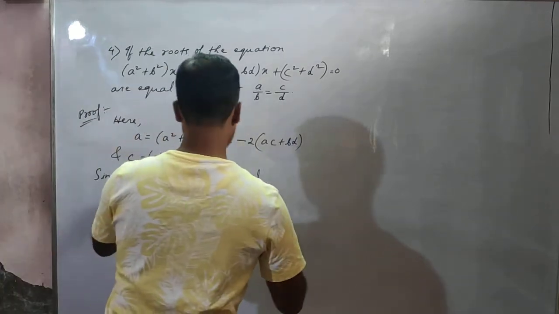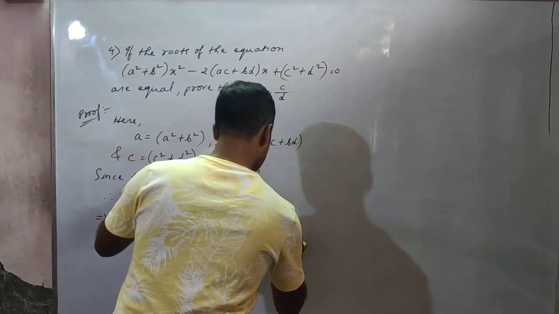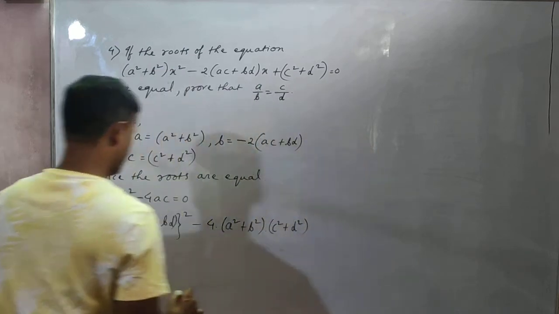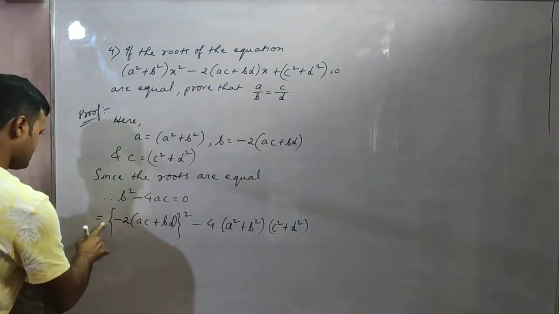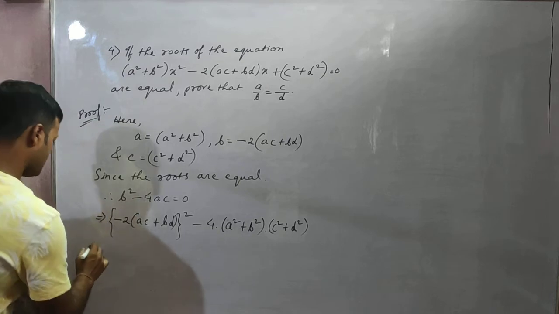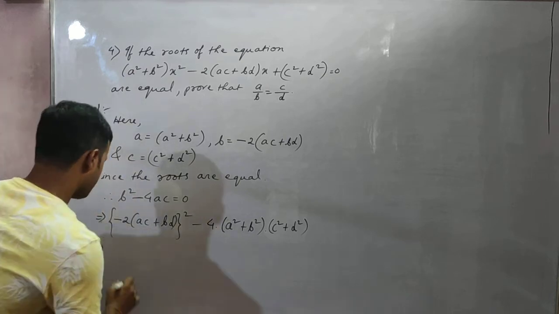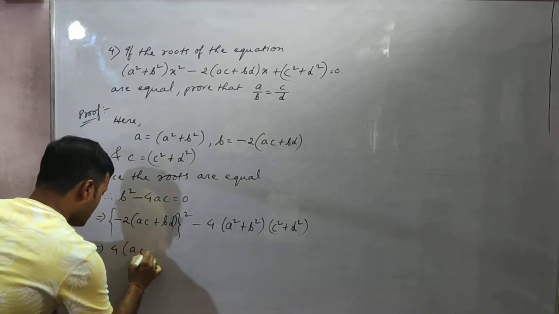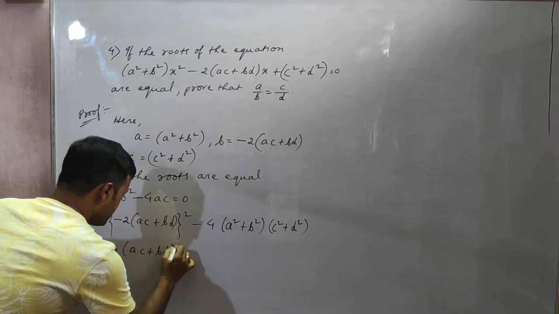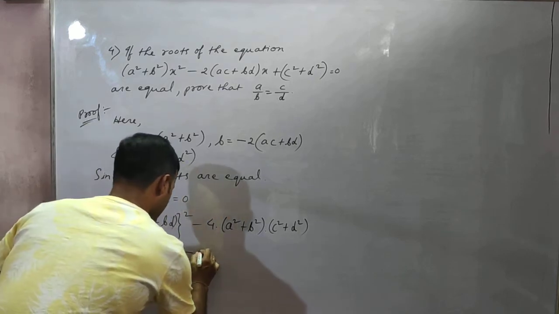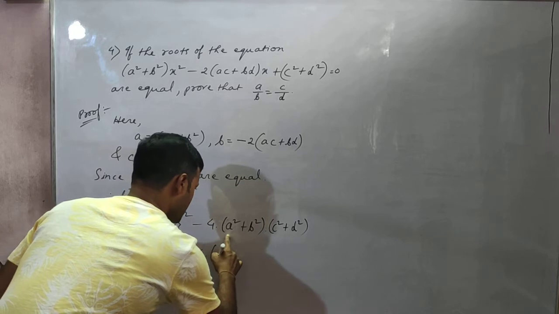And what is the value of c? c square plus d square. Yes, okay. So this will become 4 into ac plus bd whole square minus 4 into a square